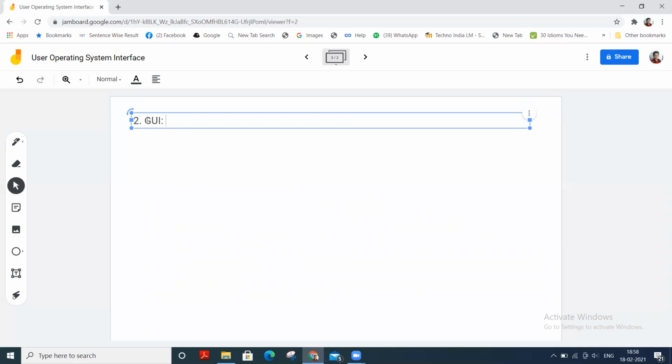It is the second strategy for interfacing with the operating system.